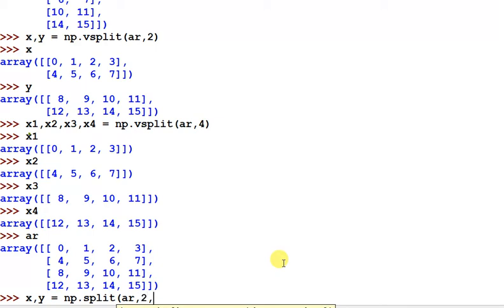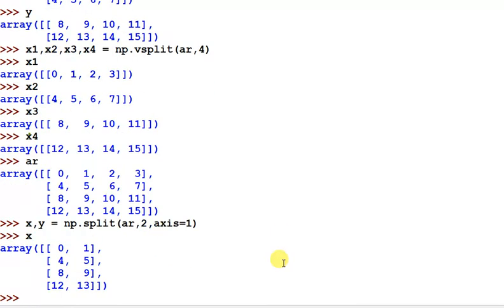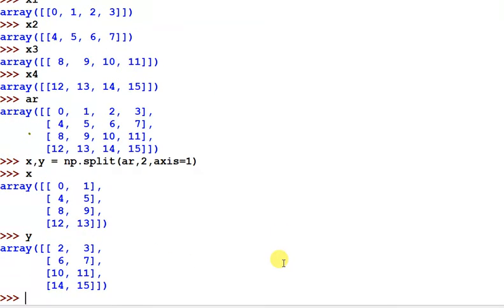The axis number you have to also pass. I want horizontal subsets, that is on axis 1. So we have to pass axis 1 and then look at here x and y. With the help of the split function we can also split the arrays, but we have to pass the axis also, because it is horizontal subset division, we have to use axis 1.